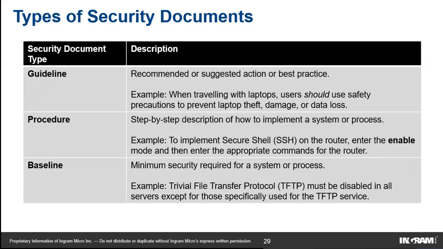So as mentioned earlier, a policy will always come with a procedure, which will also have a guideline. A guideline gives you the recommended and suggested best course of action. A procedure gives you what and how to implement those guidelines. And the fourth one mentioned over here is baseline. Baseline talks about,